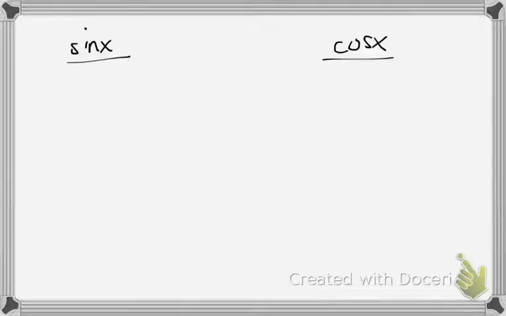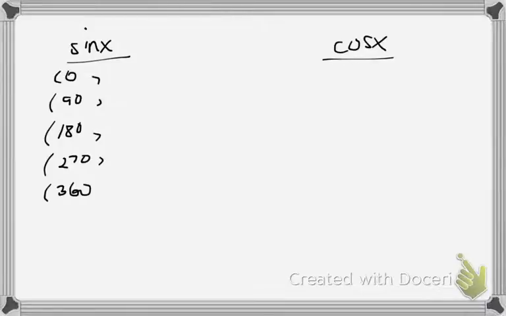We talked about in class that sine is actually a function, and cosine can also be graphed as a function. And we're going to essentially use these sides of our quadrant graph, so 0, 90, 180, 270, 360, from that CAST graph. But this time, all we need to do is enter these values into our calculator. So you actually don't even have to memorize these points. As long as you know 0, 90, 180, 270, 360, you can go into your calculator and enter in